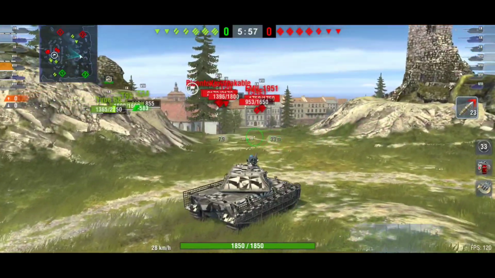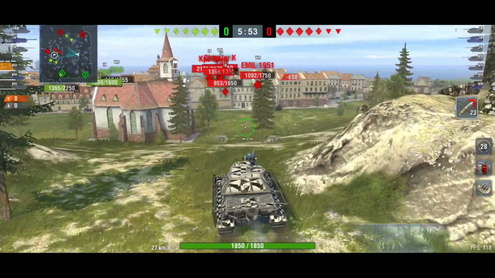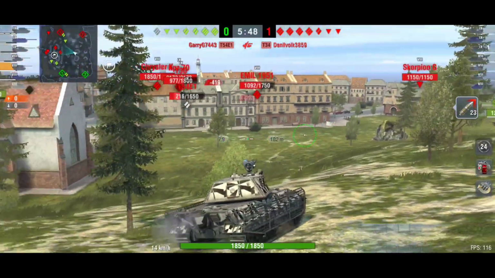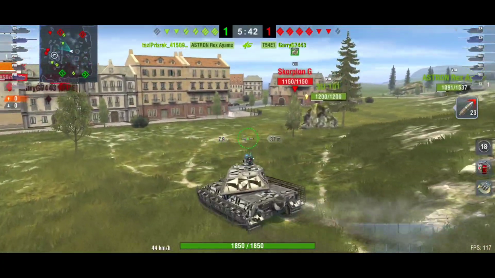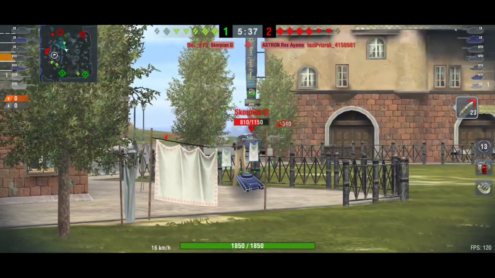I was going medium side, I used my speed booster, but now I'm seeing that the enemies are actually in the city, heavy side, so I will rush now on heavy side. I'm not going to think a lot and camp and wait. I must rush, I must go frontline and help my team. Otherwise, as I told you, if you don't do that with this tank,